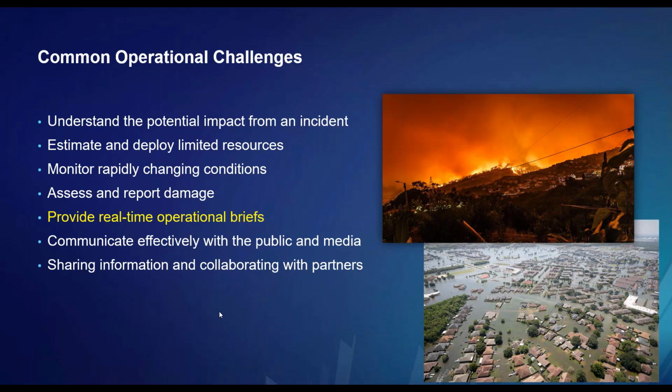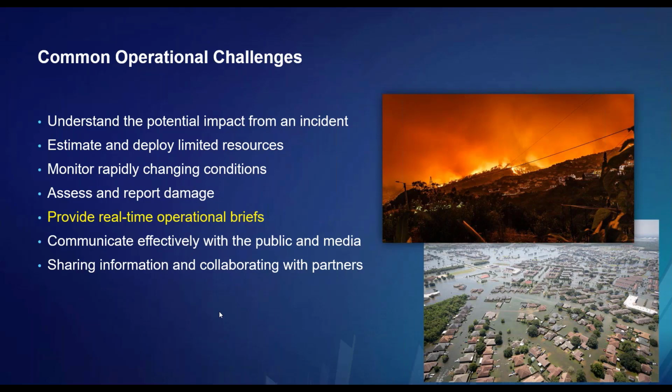One of the things we're going to focus on this morning and the rest of the session is providing real-time operational briefs. There are stories from many years ago, for example, of a poor GIS person that would spend 4 hours of each operational period producing 31 essential elements of information maps on a county by county basis. And so 4 hours of his time were just spent on producing paper maps. Once he switched to a dynamic environment and a dynamic set of tools, those were set once and were updated automatically as the data evolved and changed. And he got 4 hours back to his day.